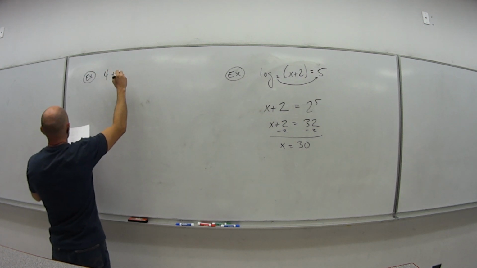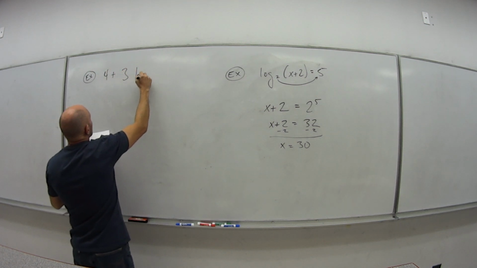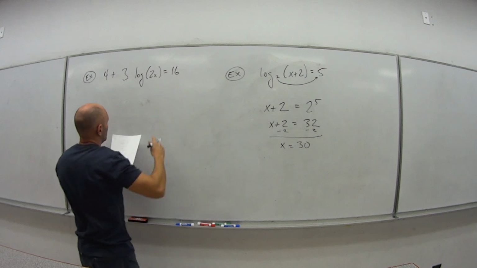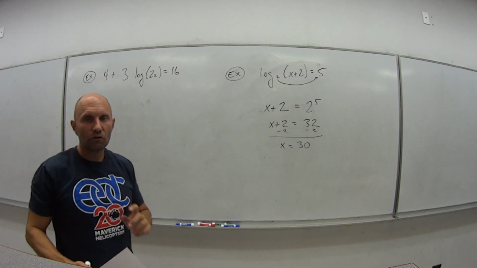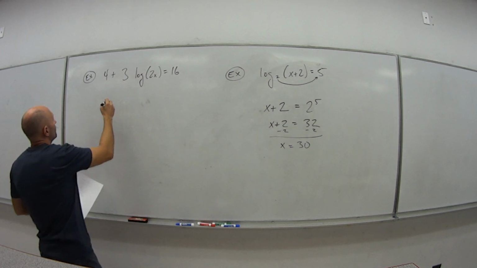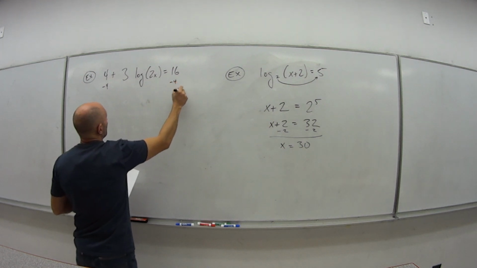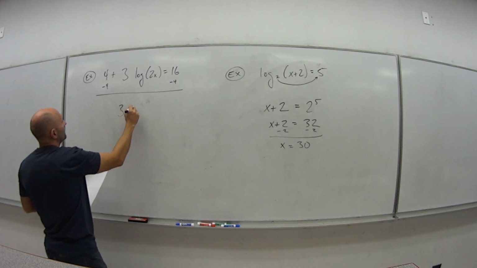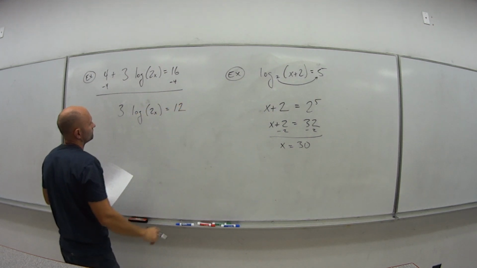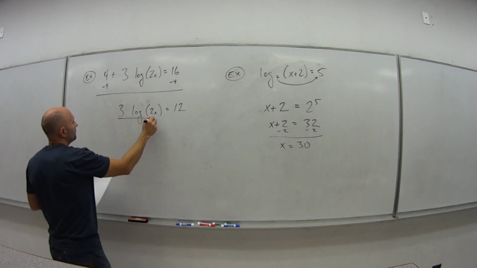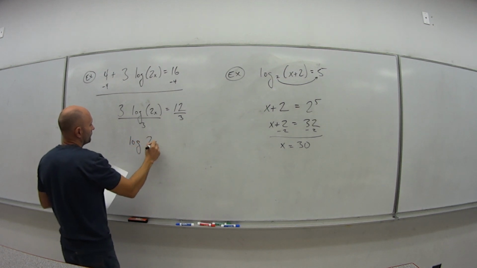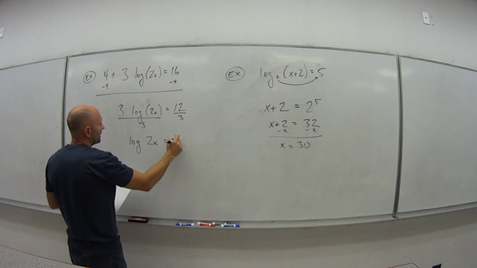Let's solve 4 plus 3 log of 2x equals 16. So again, the key here is I want to get the log piece all by itself. So to do that, what do I have to do first? I have to subtract 4 from both sides. When I do that, I get 3 log of 2x equals 12. Now I need to divide both sides by 3. That gets me the log piece by itself, which is log of 2x is equal to 12 divided by 3